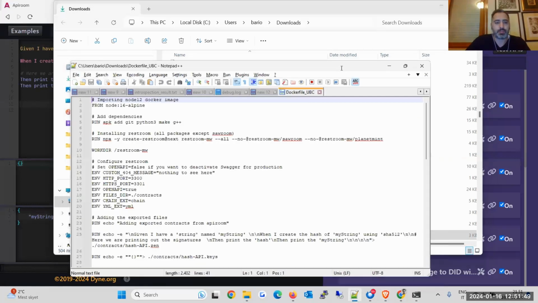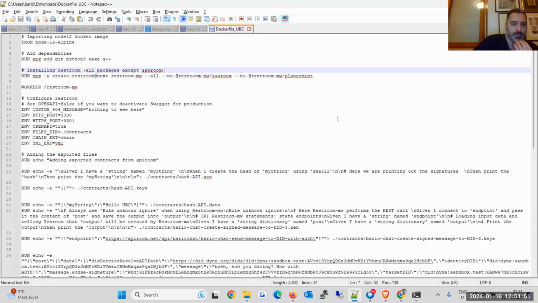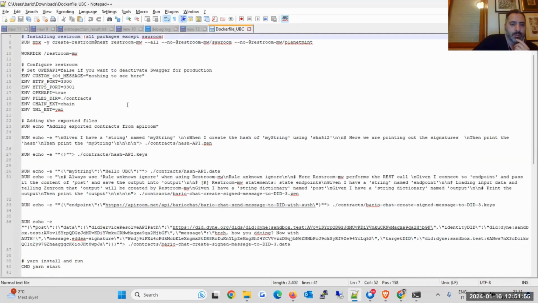Yes. So I have just the API room has just created this on the fly, which has generated this Docker file which contains hash api.zen, and